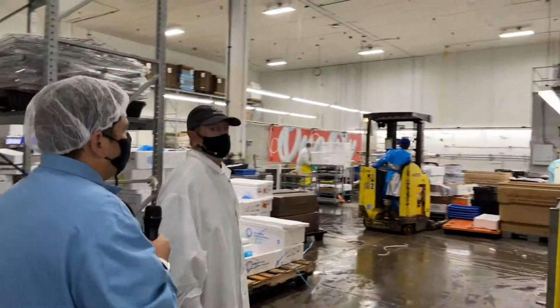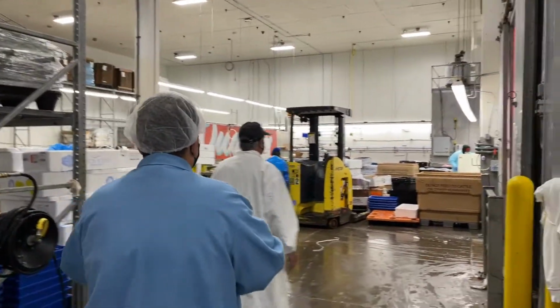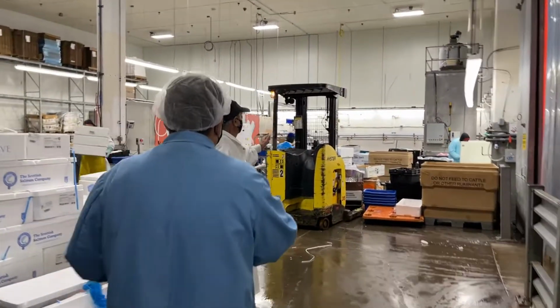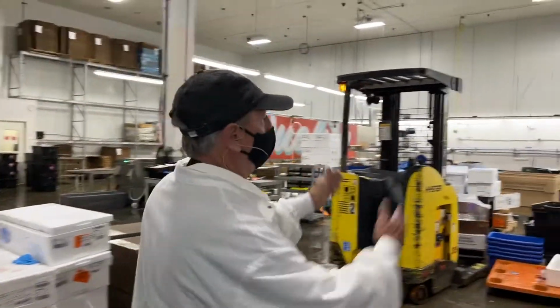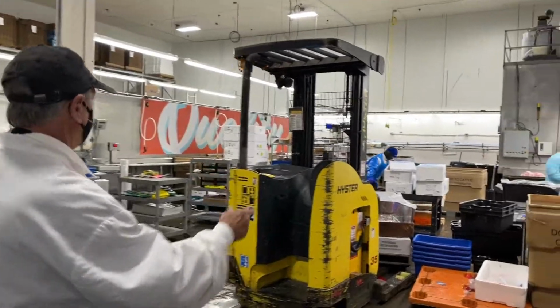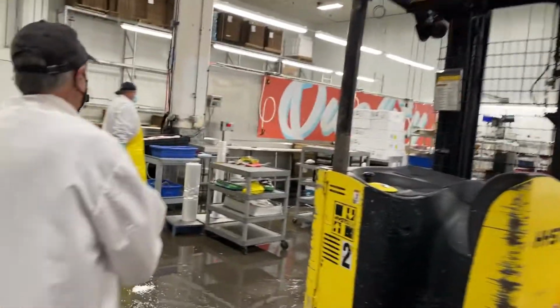And you'll see a lot. This looks like a sorting area to me. Am I wrong, or is this a packaging area? This is where they do all the cutting, different products, different seafood on one side. If you come up around this way real quick,